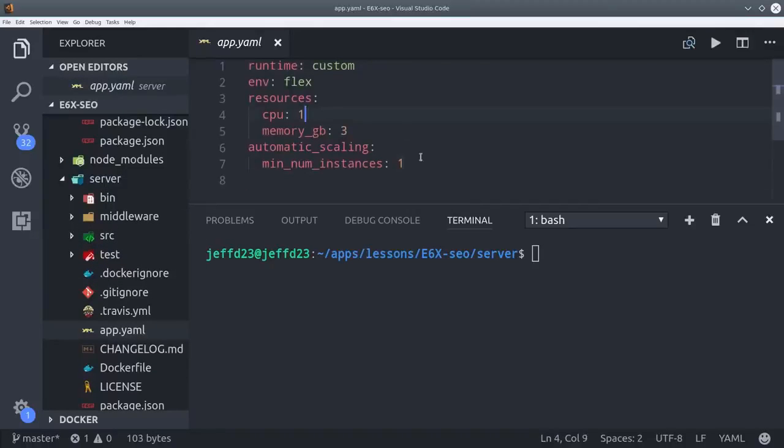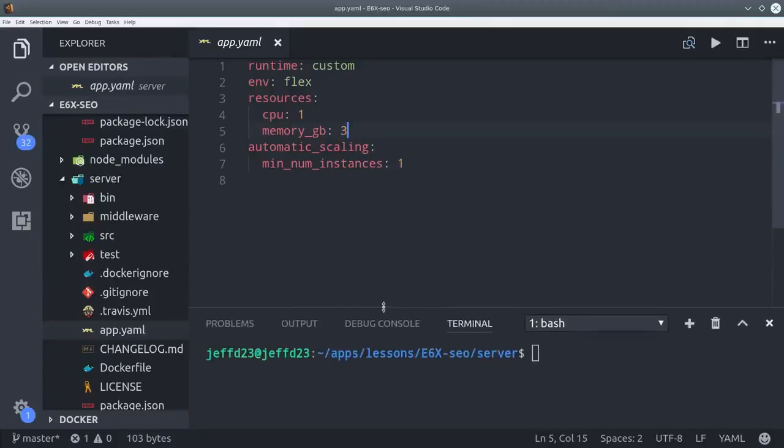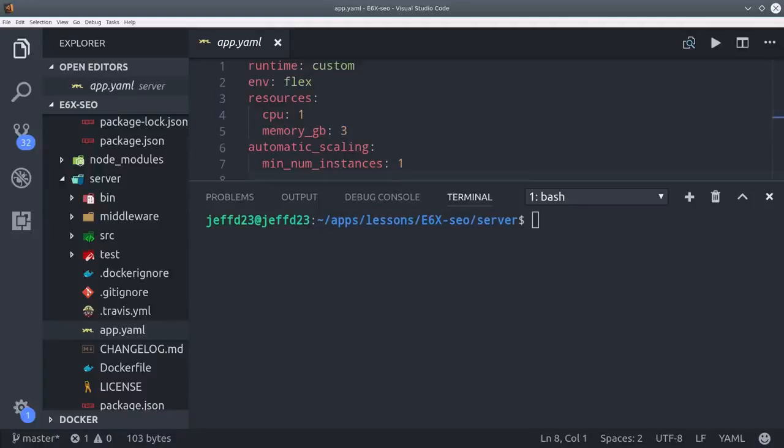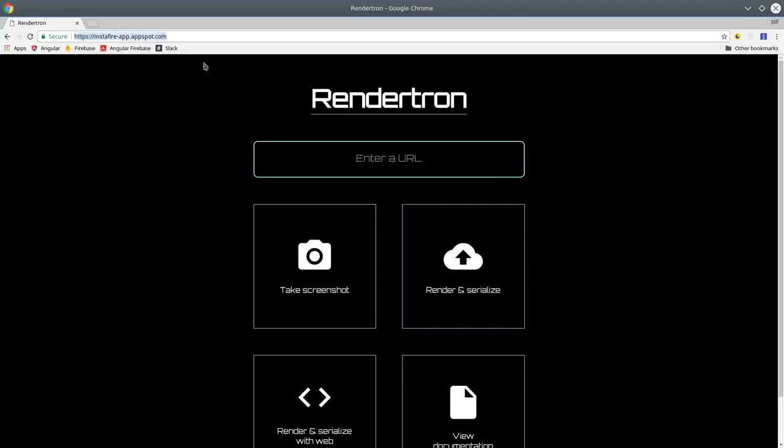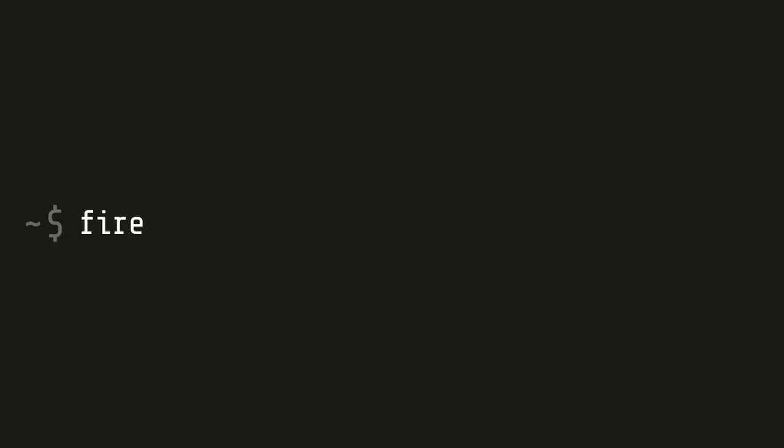You'll first want to go into the app YAML file and set the number of CPU cores and memory that you want to use. If you have the Google Cloud Platform command line tools installed, you can simply call gcloud app deploy with your corresponding Firebase project. That's going to take another few minutes, but it'll give you back a URL with your own custom production-ready version of Rendertron. Now we're ready to create the Cloud Function middleware that will determine if the user is a bot